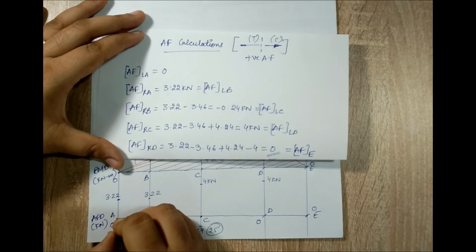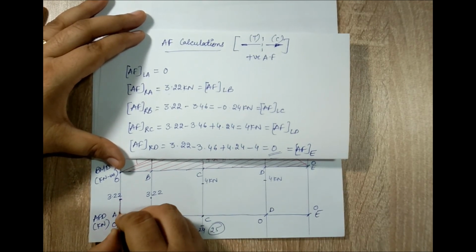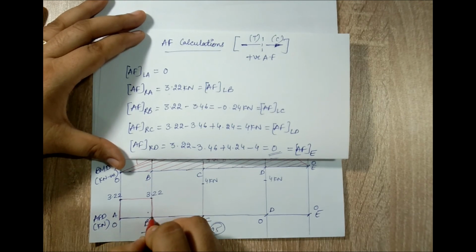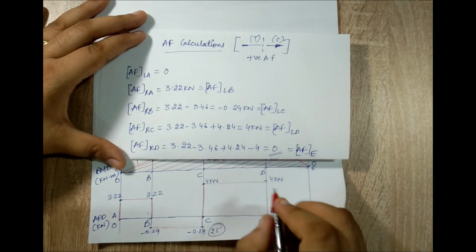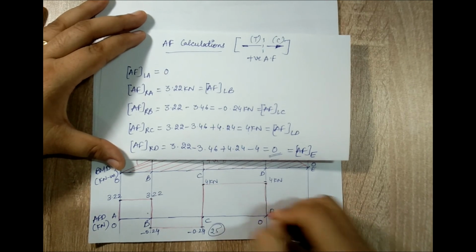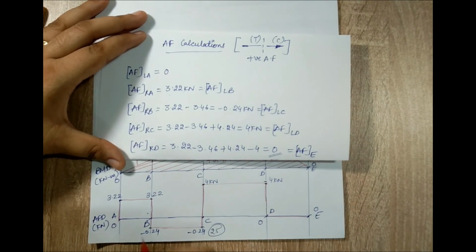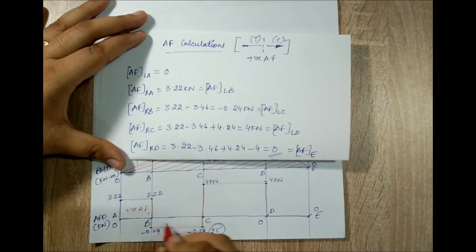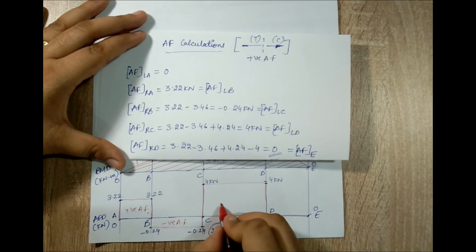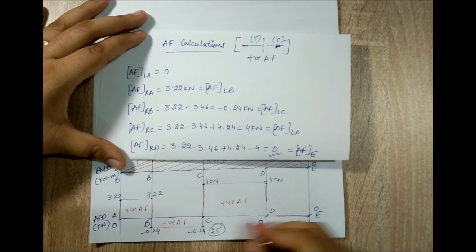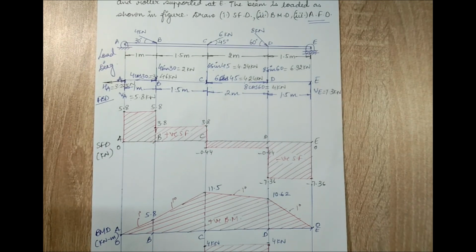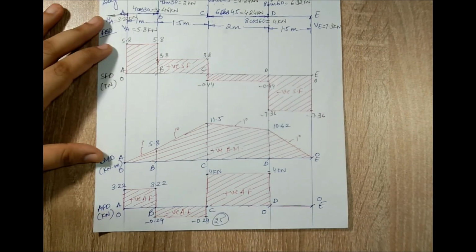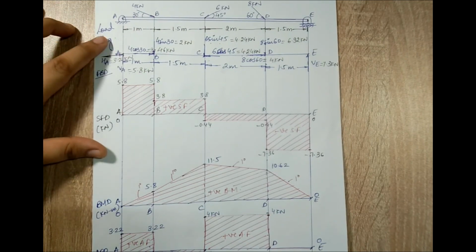I'll join the points by singing along: left of A, right of A, left of B, right of B. I have left of C, right of C. Then I have left of D, this is 4, right of D and only E. So this is positive axial force, this is negative axial force, positive axial force, and this is 0. So I'll just draw the hatching line now. So this is how the sum is supposed to be solved. This is the SFD, BMD and AFD for the question that is given to me.